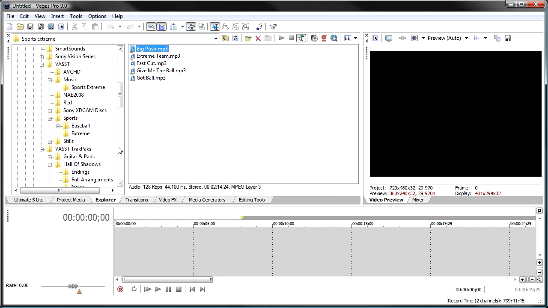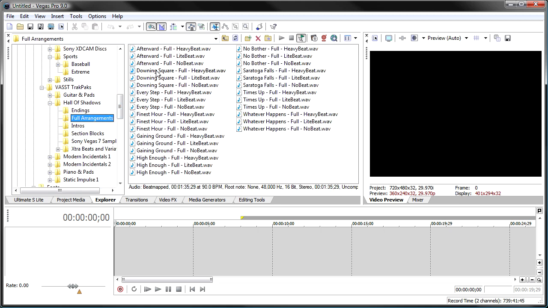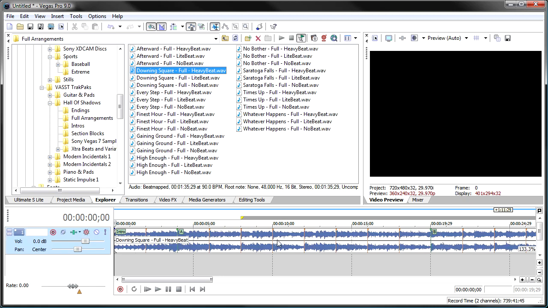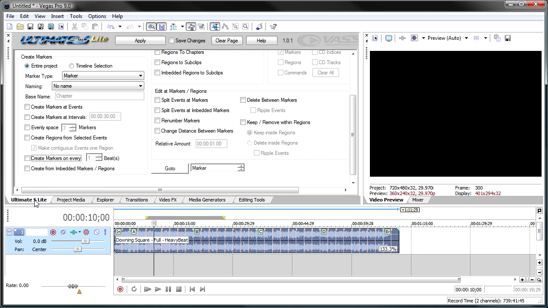And let's get a file that has embedded markers in it. I know in our VASST track packs, we've got embedded markers in regions. So you can see in this file, there are some embedded regions. The intro is a region, and the A and B parts are regions. And then we've got markers on every measure. And I want to then say create embedded markers in regions, and I'll select that and click apply, and